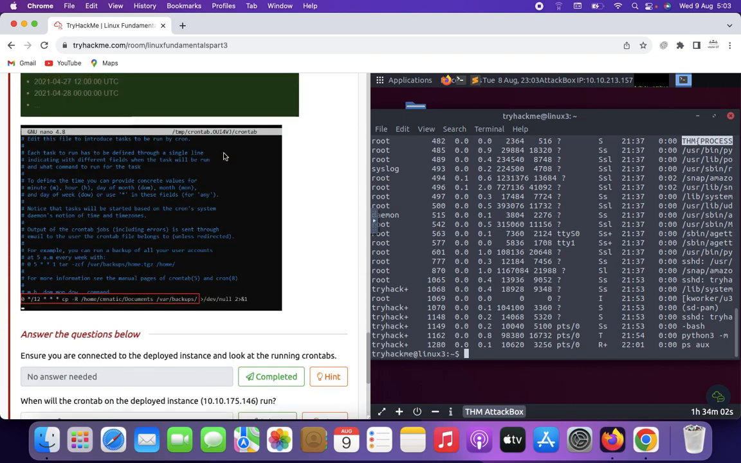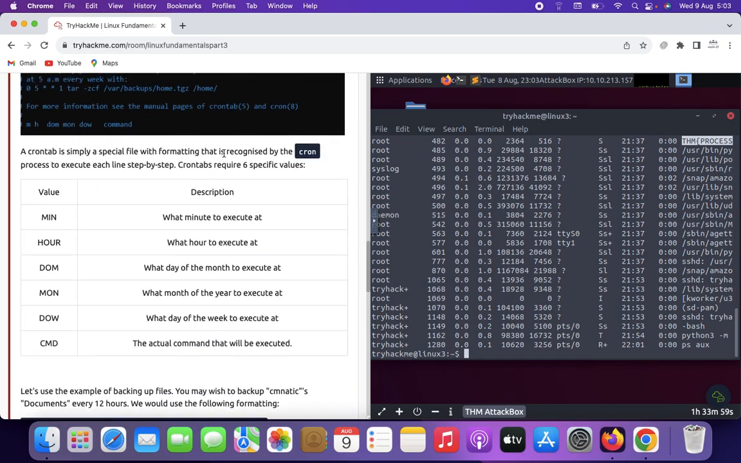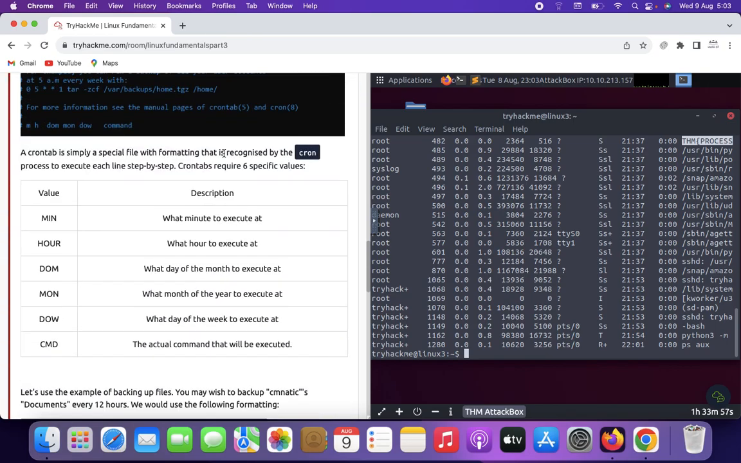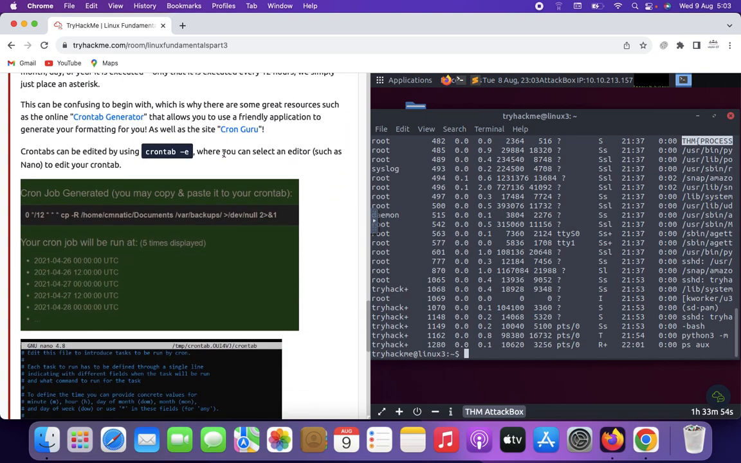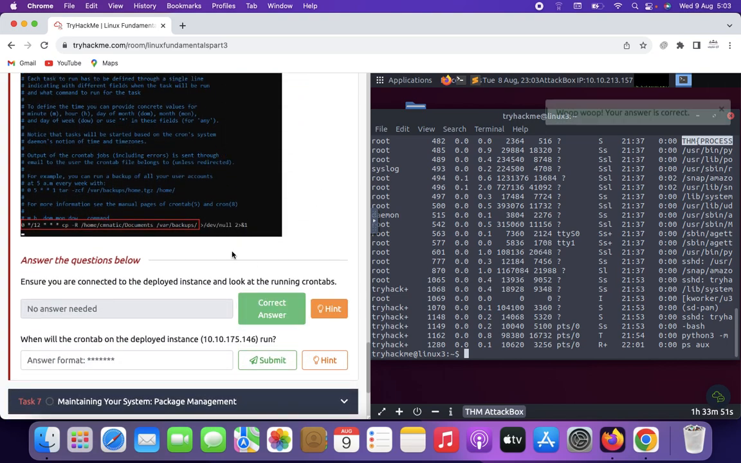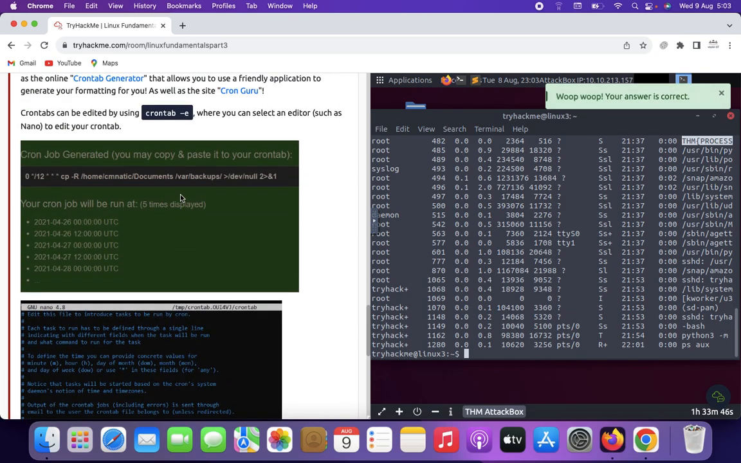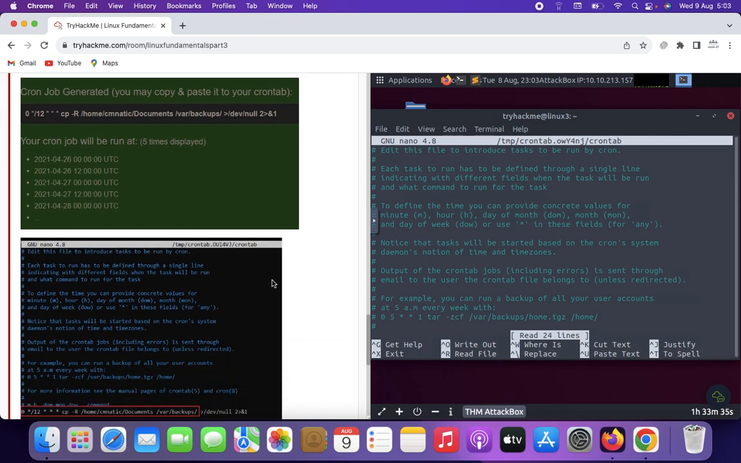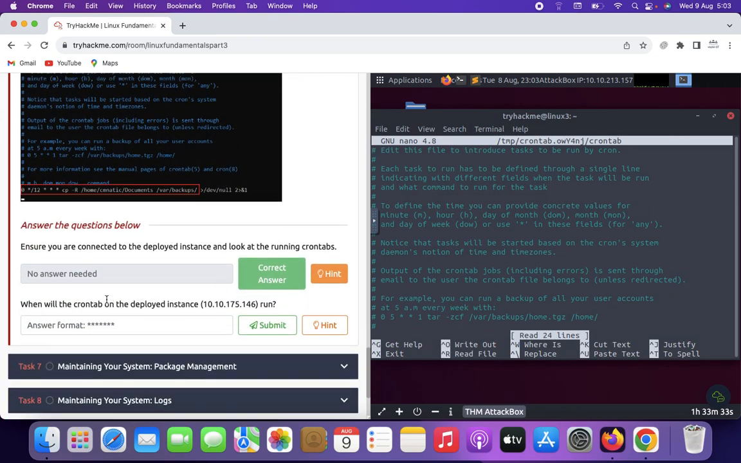Maintaining your system: ensure you are connected to the deployed instance. Look at the running cron. So we type crontab -e. So here we came here. Run crontab -e on the deployed instance and run. And the answer format is